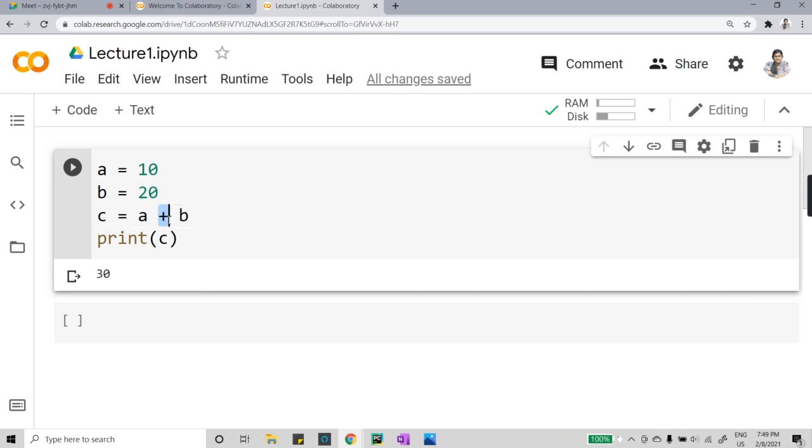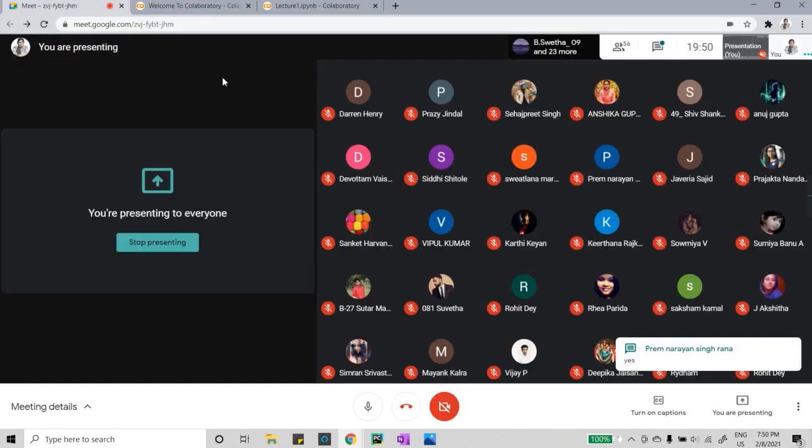Here I am using the plus operator, that is addition, between two variables a and b, and these two variables are known as operands. Just quickly let me know whether I am clear with the arithmetic operators and how to write a simple, basic program in Python.